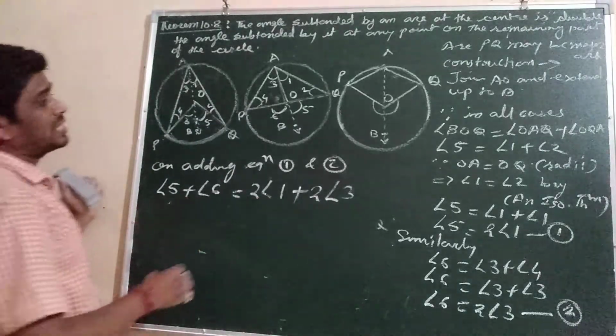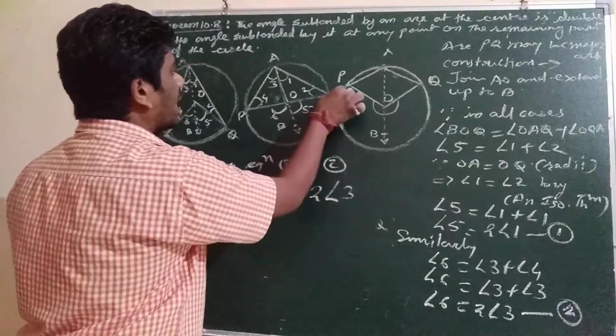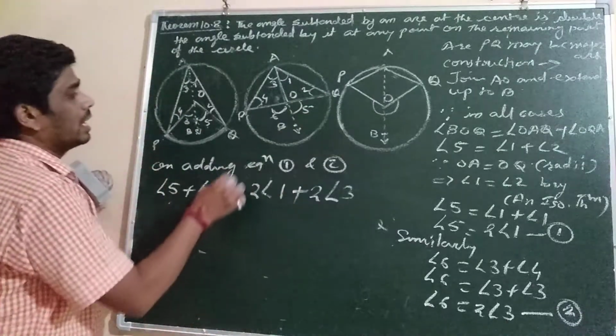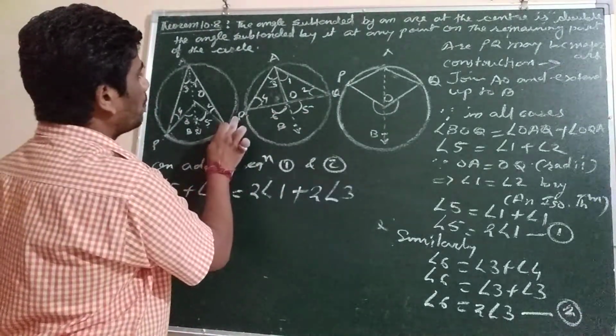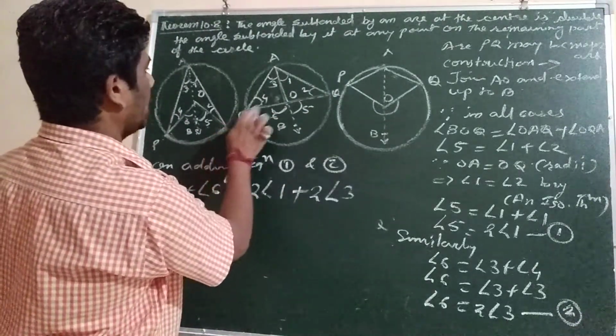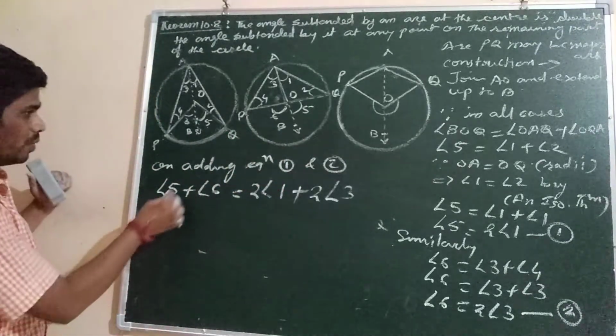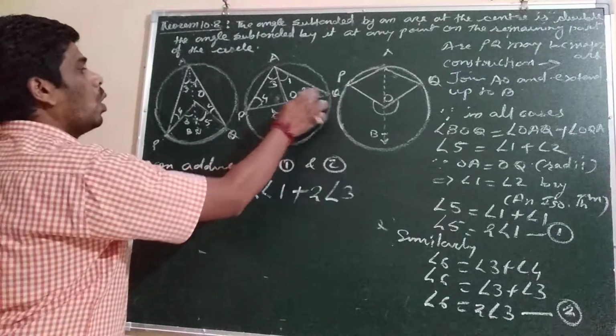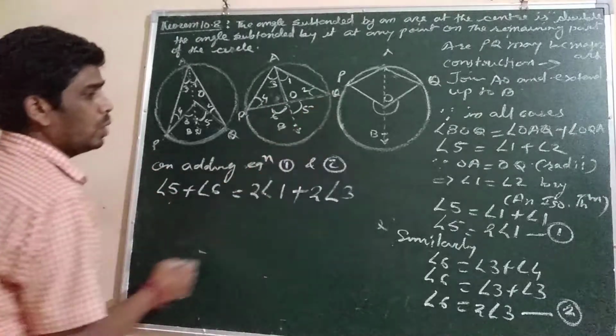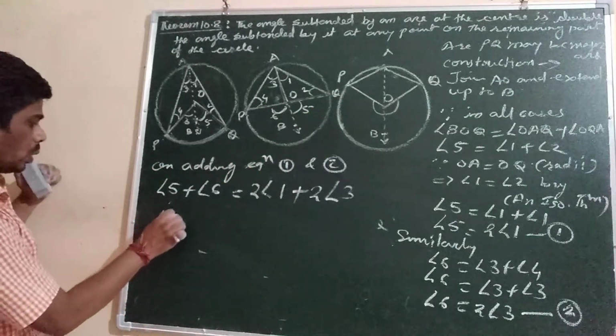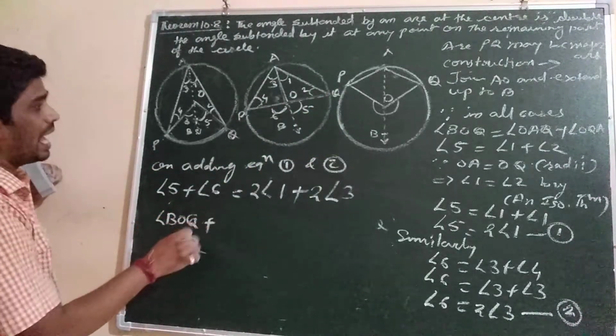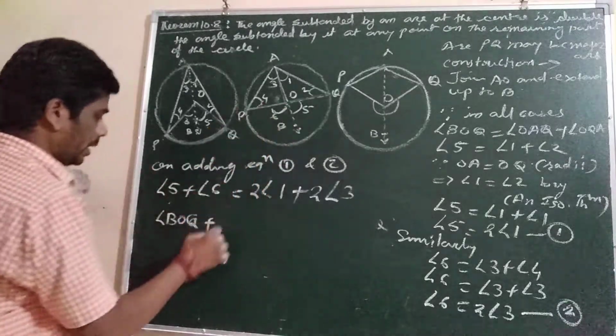Angle 5 means angle OQB and angle 6 means angle POB. So we can write here angle BOQ plus angle BOP